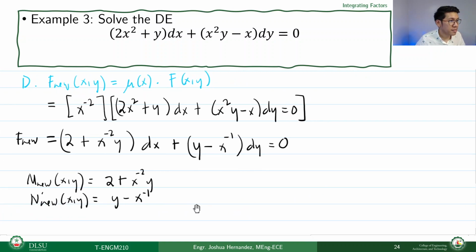our next step, which is, of course, testing na, no? If this is exact really by means of test for exactness, which is satisfying the partial derivative of m with respect to y equal to partial derivative of n with respect to x. This will give us, no,